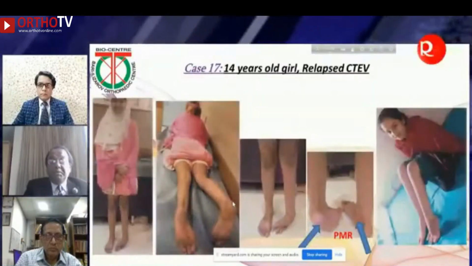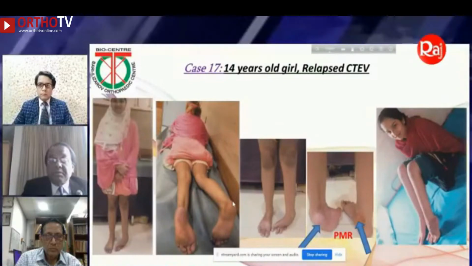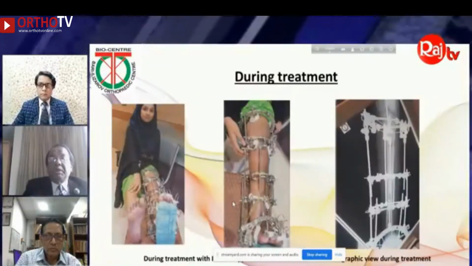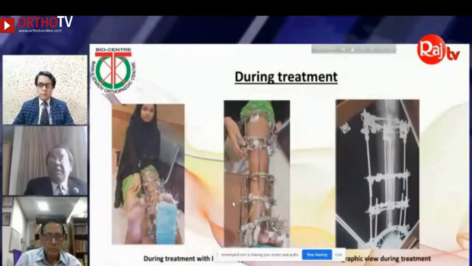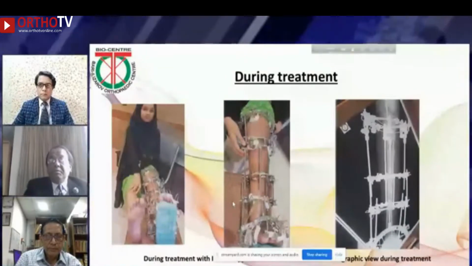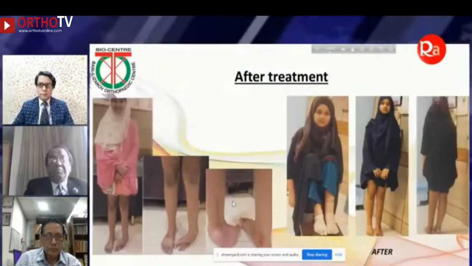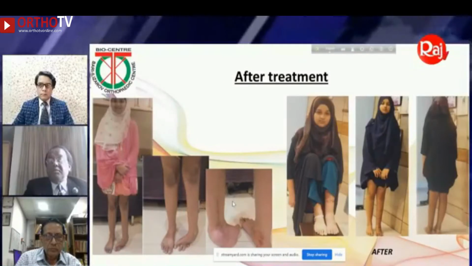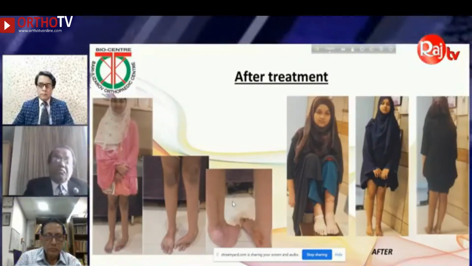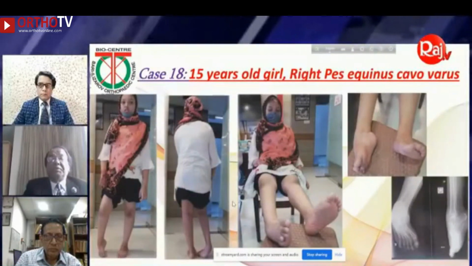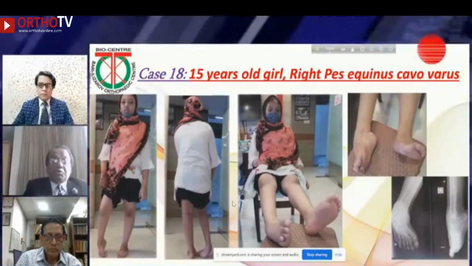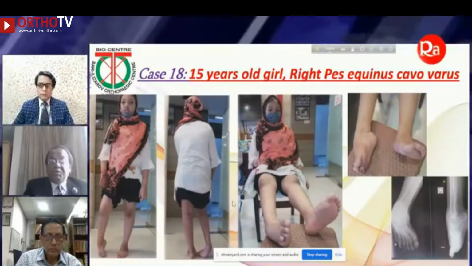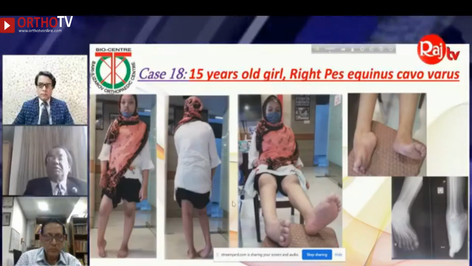Again, relapsed CTEV, PMR, and shortening. I have done lengthening. And then you can see here, after treatment, from left side to right side. This is before and this is after. 15 years old girl, right post-traumatic equinocavovarus. You can see here, adolescent case,